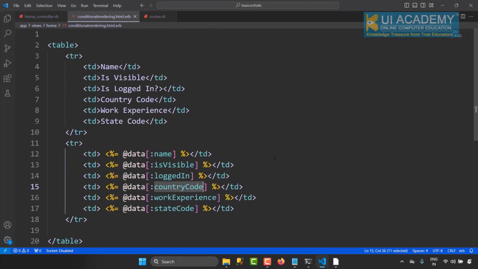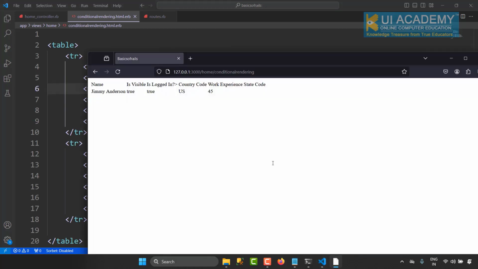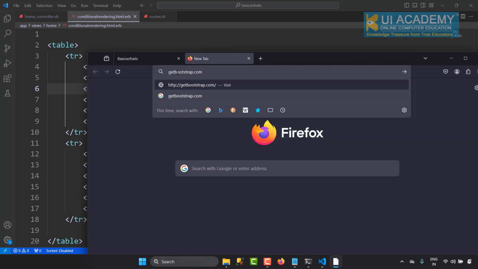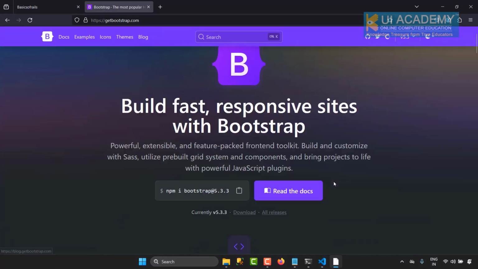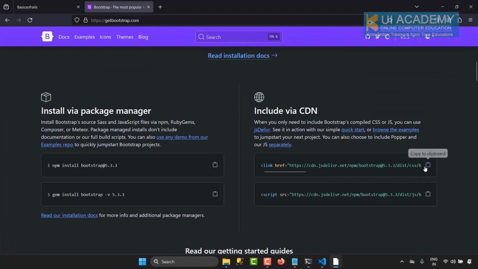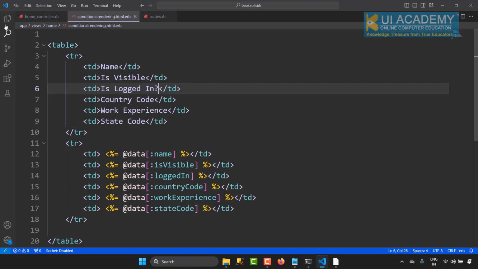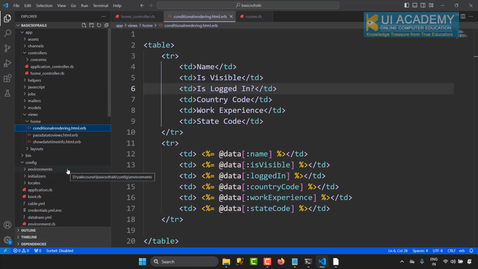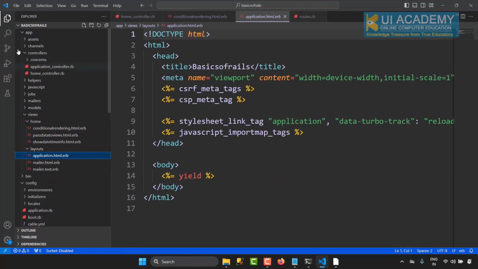So that is how in this example we were able to pass an instance variable that has a bunch of keys. Let's say, for example, you want to apply Bootstrap to this website. Then I can go to getbootstrap.com, and from here we're going to access the CDN URLs for Bootstrap. I'm going to copy this, go back to your code, and you need to import Bootstrap into your main layouts file. In the views layouts folder, there is a very special file called application.html.erb,